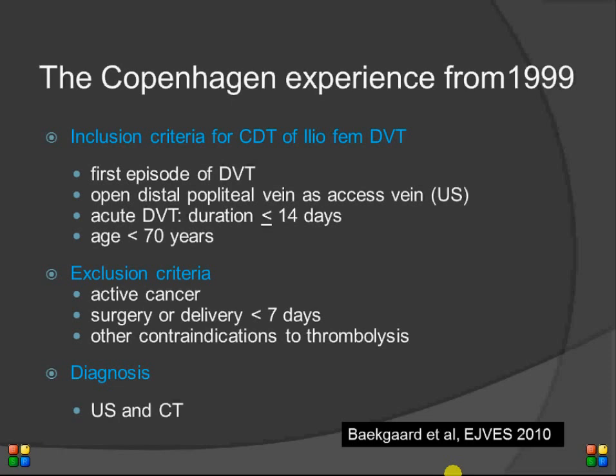Today we have 2 patients back in my department running thrombolysis. Our inclusion criteria were that it should be the first episode of deep venous thrombosis, we should puncture the popliteal vein ultrasound guided with micropuncture technique, and the deep venous thrombosis should be an acute one, meaning up to 14 days. That is the definition as we use it and as it should be used. The age was in the beginning below 60, but we have lifted the age up to 70 years. And now one of the patients is actually 74.